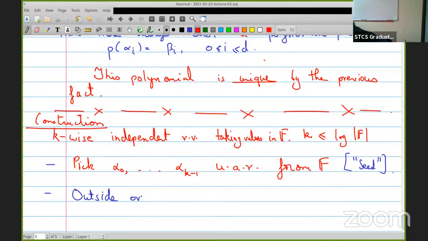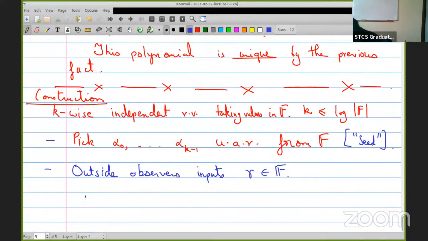Outside observer inputs some x, or let's say gamma in F, and the algorithm, so let's call this alpha vector, A alpha gamma, the algorithm outputs